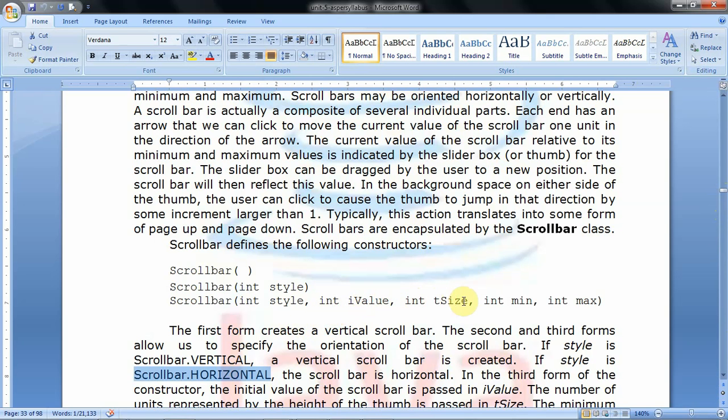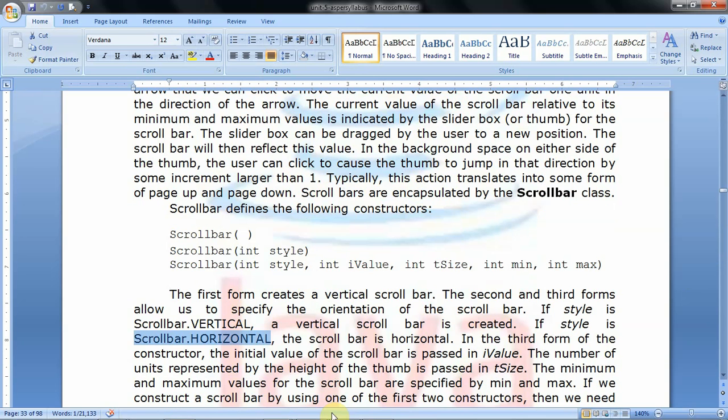After that, the scroll bar size, that means the height of the scroll bar. Then the scroll bar minimum value and maximum value. So like that, in total we have three constructors for creating scroll bars.